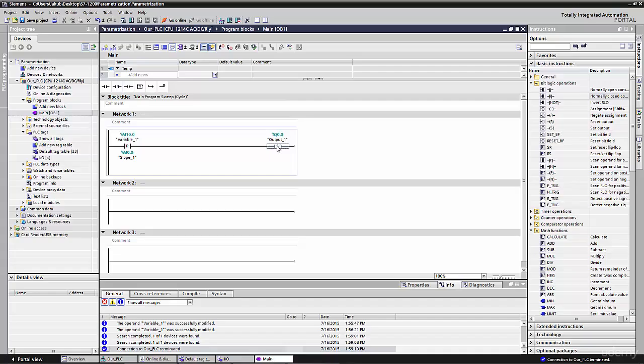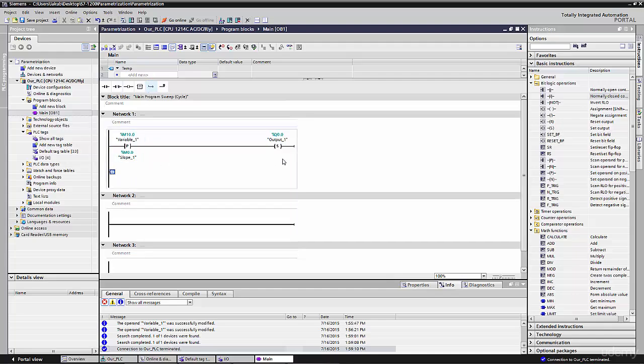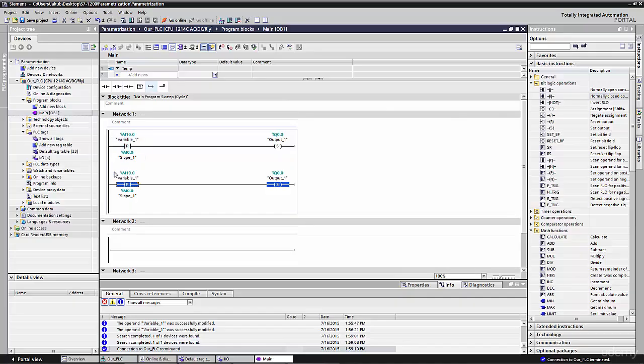What does set mean? Switch on. And our coil will stay switched on as long as we do not reset it. How can we reset it? For example, with the falling edge, so you can copy it in order to make it faster. We will control from the same variable, but now for the falling edge we change it to N,